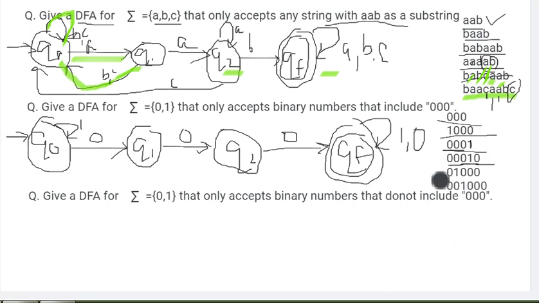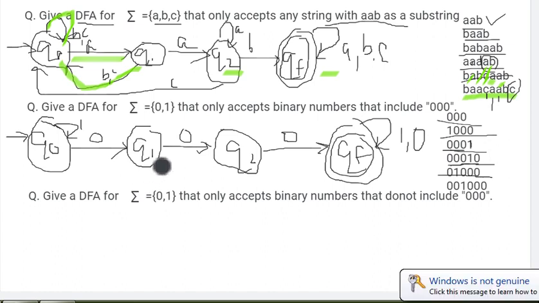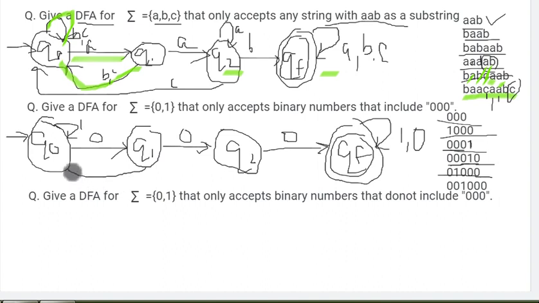Okay, now let's see for the next one. 0 1 0 0 0. Is it working? In the Q0 state 0 is coming, it's going to Q1 state. You can see at Q1, 1 is coming. Oh, we have to make a path, so we can make a path here. Q1 state, 1 is coming, it will move back to Q0. From there 3 zeros are coming and moving to final state. Okay, let's see for this path.